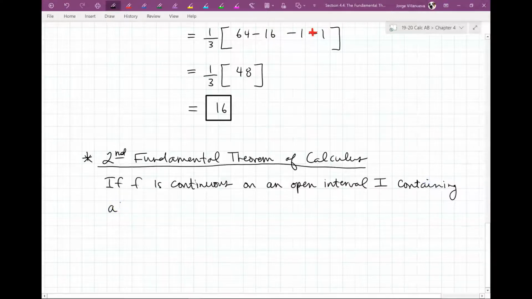if this freaks you out when they say interval I, you can write open interval A to B. Same thing. They're just not trying to write A to B. Also, containing A, you can just say containing C. You can change this up however you want. Then for every x in the interval,